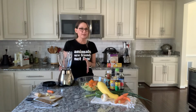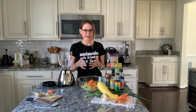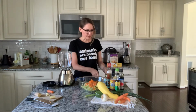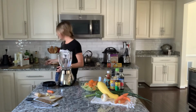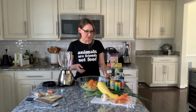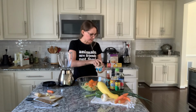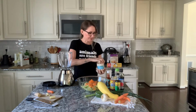So for the sauce, for the sesame dressing, I love this recipe because it has a bunch of different ethnic, bold flavors, and kind of changes up your day-to-day routine sometimes, and gives you something new to work with and try and taste. So it's really awesome. So what we're going to do is make the sauce, and we are going to throw